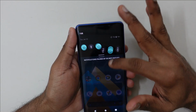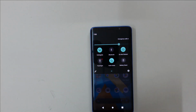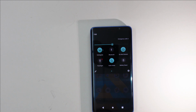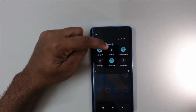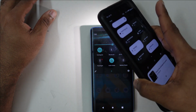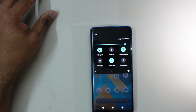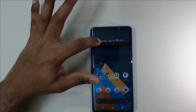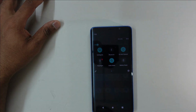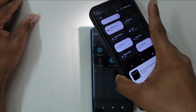So regarding the auto brightness, I've had some issues with the auto brightness here because it is not responsive and it takes a while for it to recognize the differences in the surrounding lighting. So if I were to, please take note of the current lighting intensity. So if I were to bring it in, and you can see that it responds, but this response is not always there. So again, I hope you can see I've set the brightness to minimum, and if I were to bring it in,